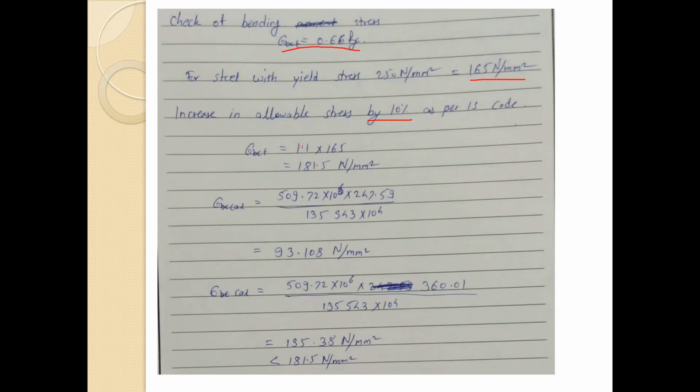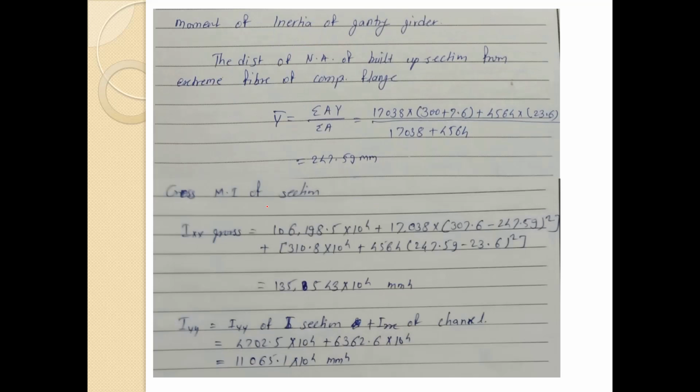So again, moving to this problem, we have increased the allowable stress, that is 165, by 10%. So 1.1 times 165 is 181.5. So first you are going to calculate the stresses on the compression side and on the tension side. So for the compression side, as we have calculated